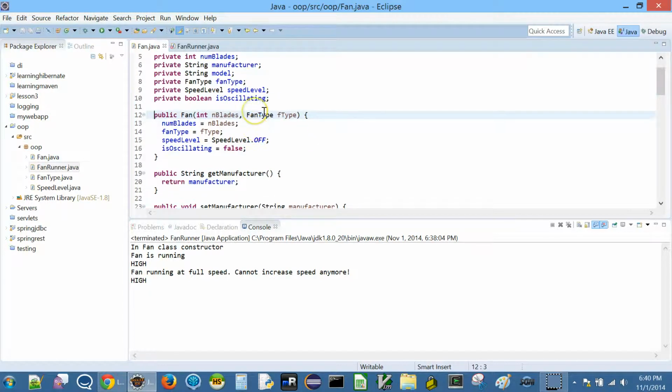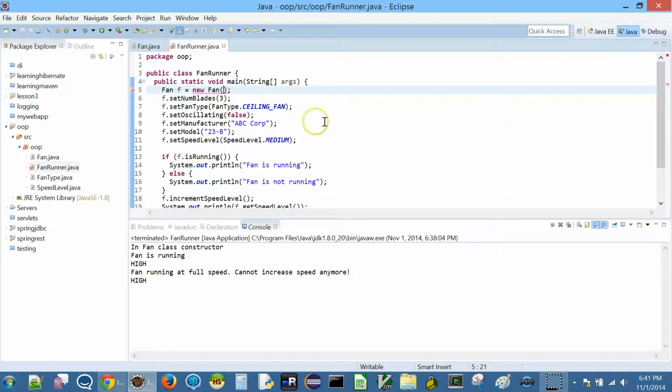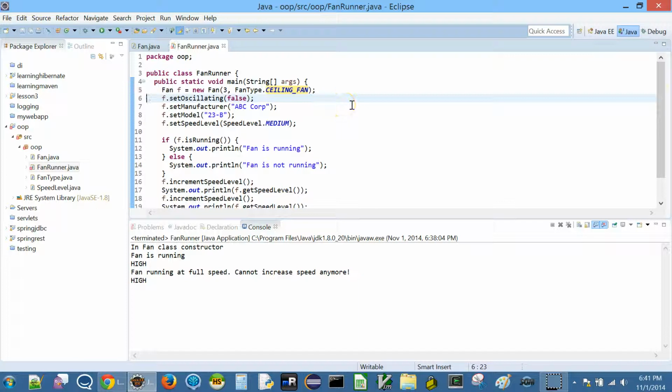The only way the fan object can be constructed now is by passing nBlades and fanType. Okay, now it's not as difficult as it looks because here we know the numBlades, so we are just going to say 3 and we are going to say ceiling fan. Okay, and then we just delete these.